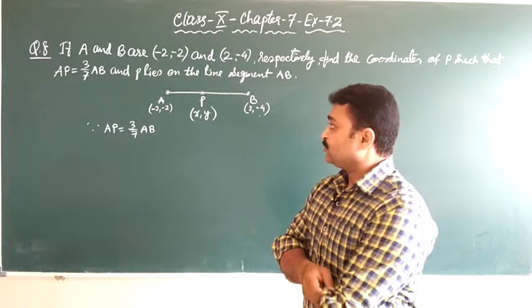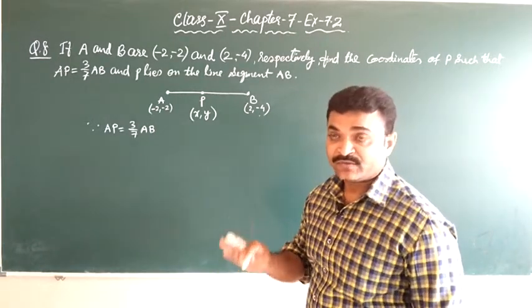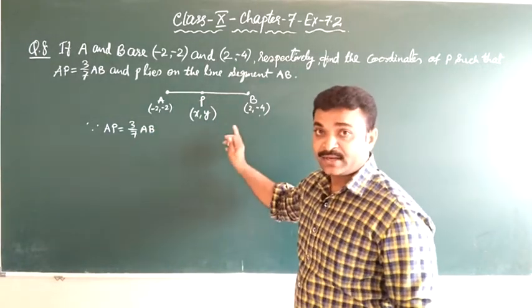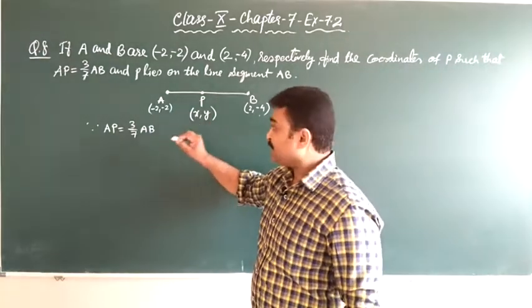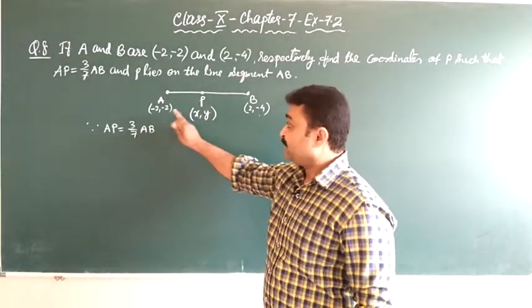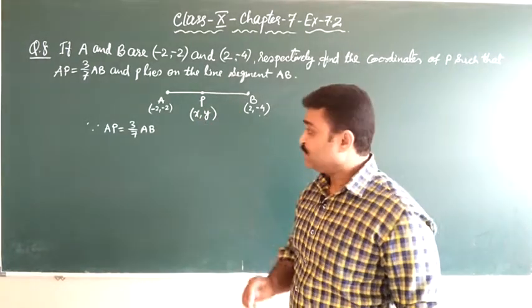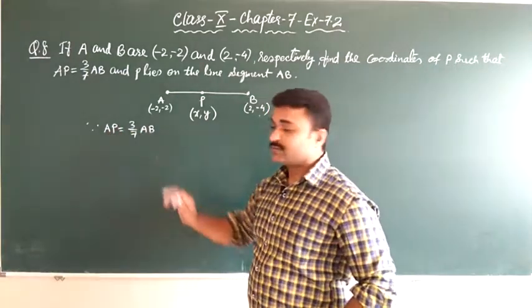So we have to find the ratio by which P divides the joining of A and B. हमको एक रेशो फाइंड करना है कि किस रेशो में P, A और B के ज्वाइनिंग को डिवाइड कर रहा है. ओके, सो इसका मतलब यहाँ पे ये जो दिया है AP इज इक्वल टू 3/7 ऑफ AB,